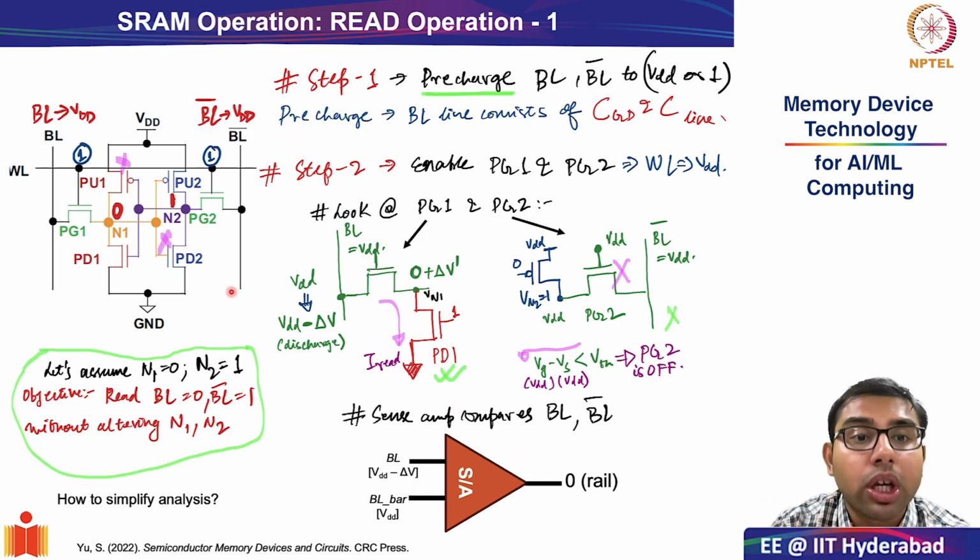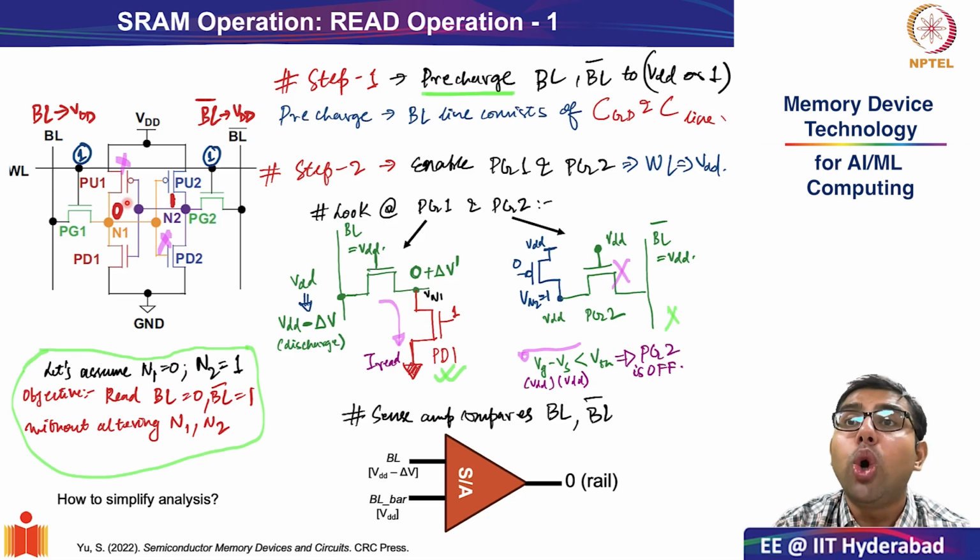What we saw was, by virtue of the fact that you had VDD on bit line and bit line bar and the word line was asserted, there was a read current flowing only from PG1 to PD1. Why was this the case? Because